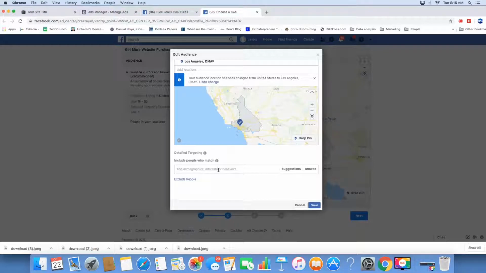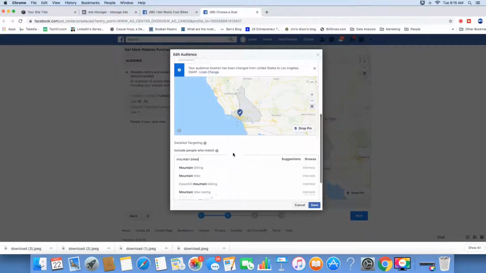Now, this is where all of the magic happens. This is pretty much the section that makes or breaks your ad. If you don't have your demographics and your interests set up properly, you're not going to find your target audience. So as you get to this section, you want to be very, very thoughtful about your business. What are the keywords related to your business to allow you to find your targeted customer online? So starting off here,